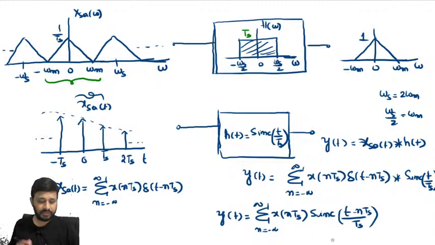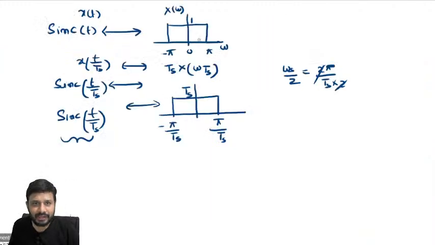Right? This is very useful in your communication also. Now we have to draw the signal y of t. First of all, try to understand what y of t is. y of t is nothing but summation n varying from minus infinity to infinity of x of nts times sinc of (t minus nts) by ts. If you substitute different values of n, you get different sinc functions weighted by x of nts. Now we'll observe how that is going to look. For that, I am removing this part. Okay, so what is my y of t?